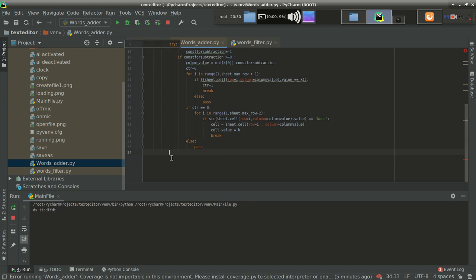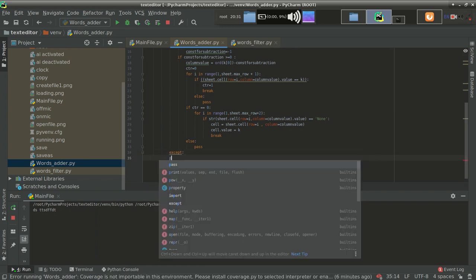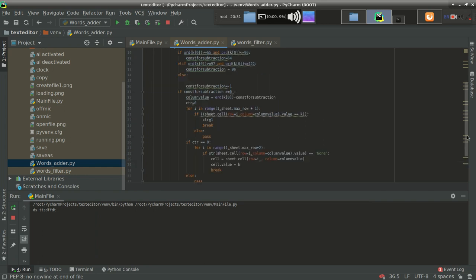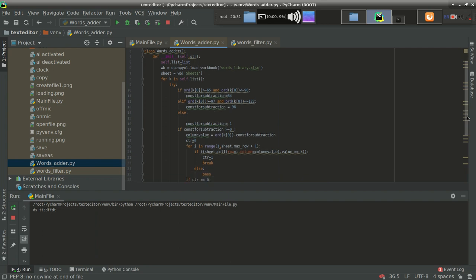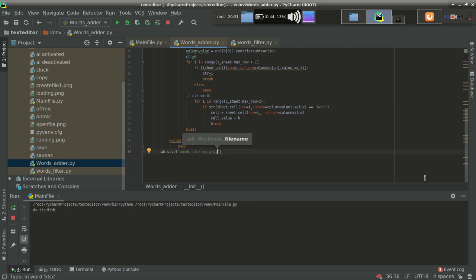So let's add except pass, and then finally I just want to save this worksheet, because it is the final task that I want to do. The syntax for saving is wb dot save, name of file will be the same, words library dot xlsx.